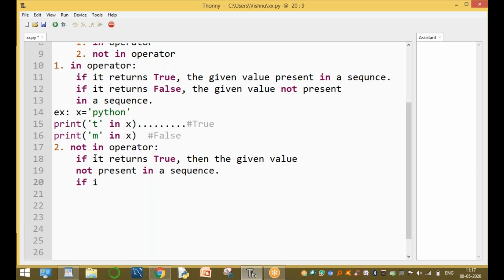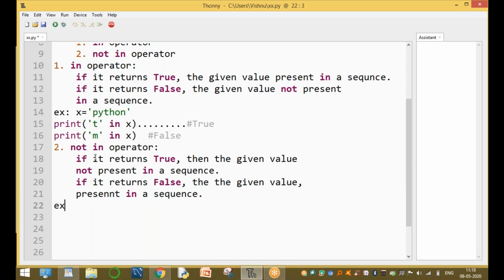If it returns false, then the given value is present in a sequence.